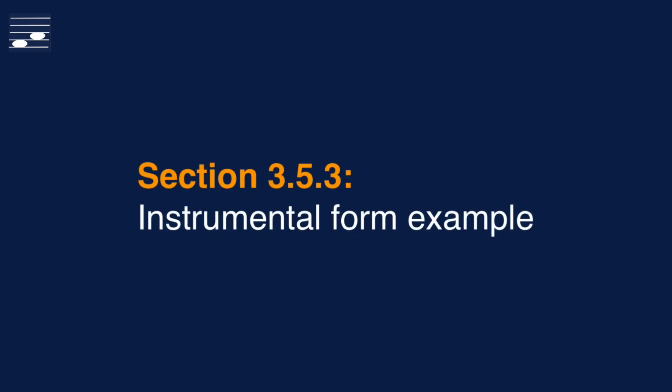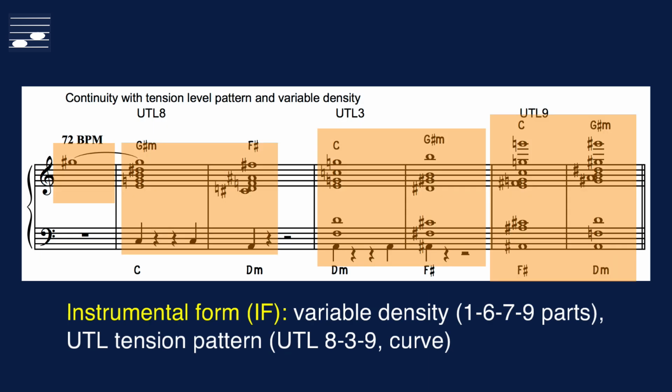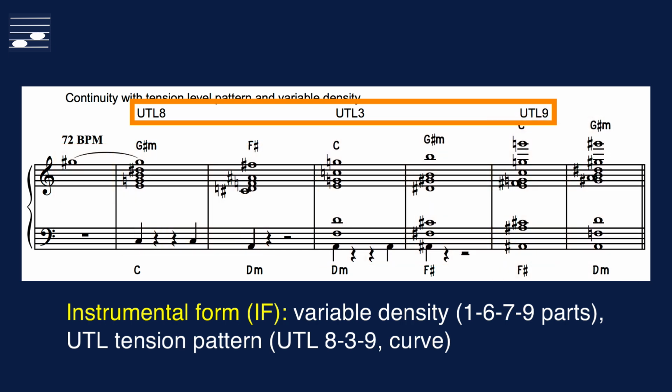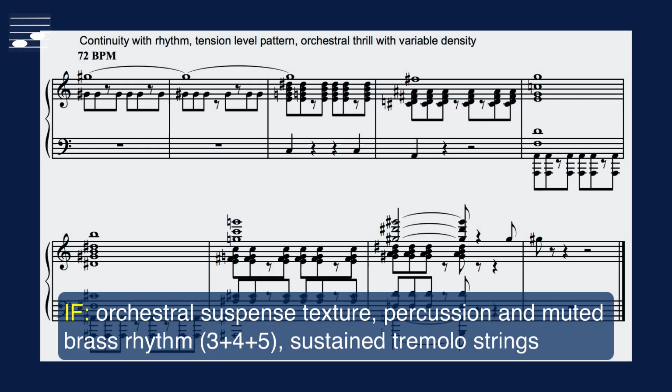From this given chord progression, I create an orchestral texture through an instrumental form that uses variable density, gradually increasing the number of parts from 1 to 9 at the end, while there is a Ulehla tension level curve with pattern UTL 839. The instrumental form sketch is further processed, introducing a 3 plus 4 plus 5 eighth-note beats rhythm